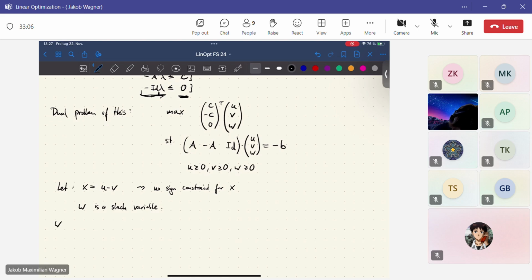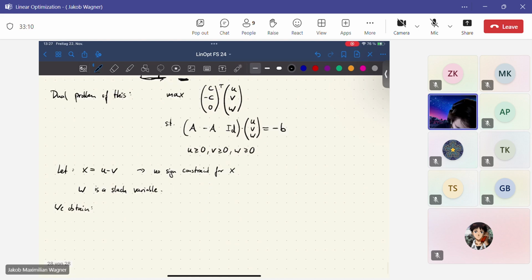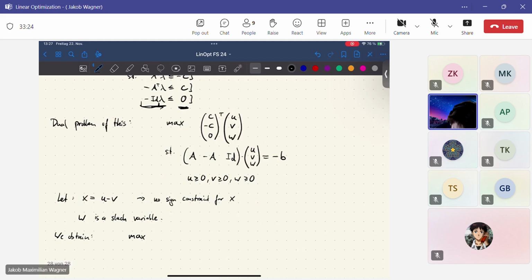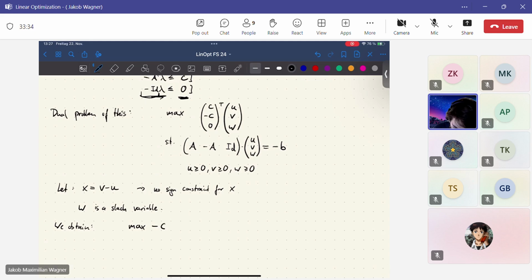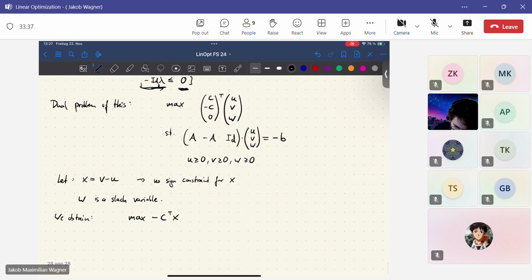And thus we obtain that this problem that we've written down is actually a maximization over, sorry, I want to call it u minus v, but actually the other way around, v minus u, because then our objective function is maximize over minus c transpose x, and out of this equality constraint, we get a minus Ax should be greater or equal than minus b, because we've added this slack variable, or rather,